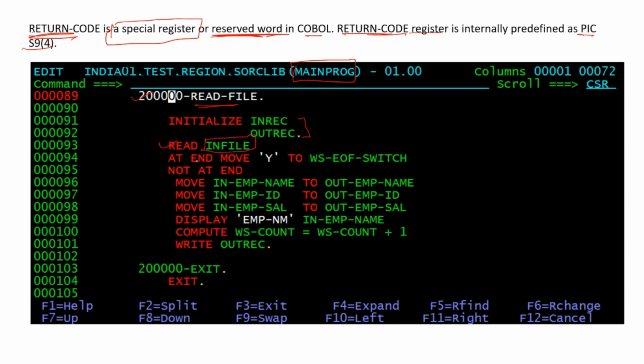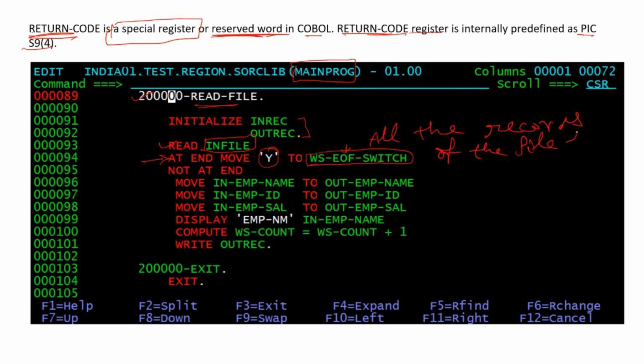If I have read all the records of the input file, then I am making the WS-EOF switch true, or I am moving the Y value to this switch to tell that all the records of the file have been read.